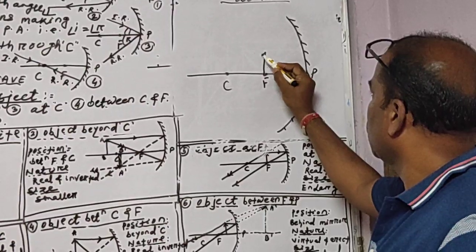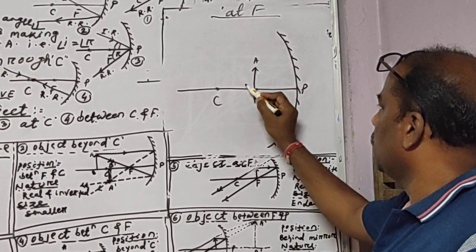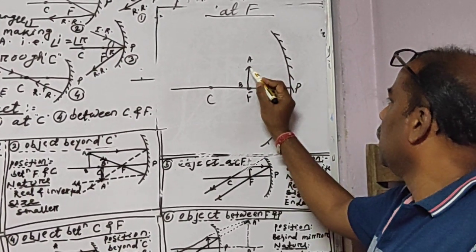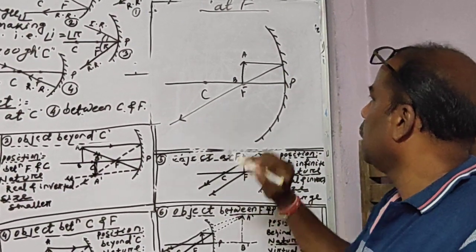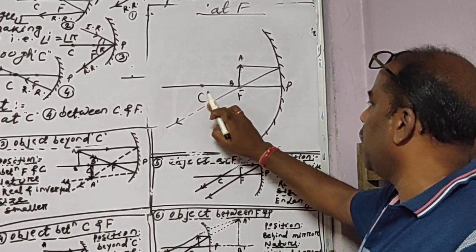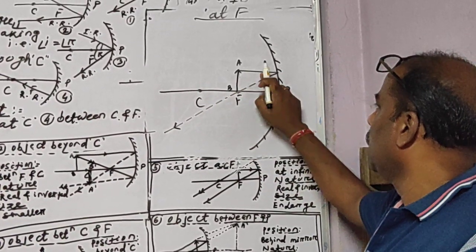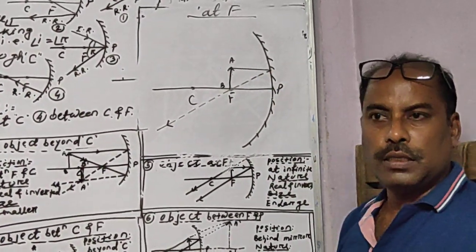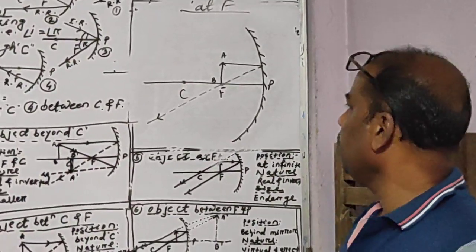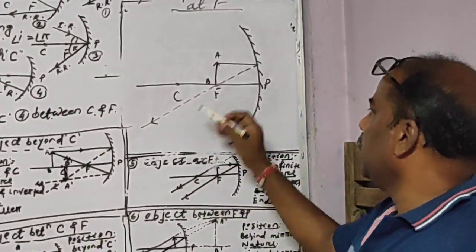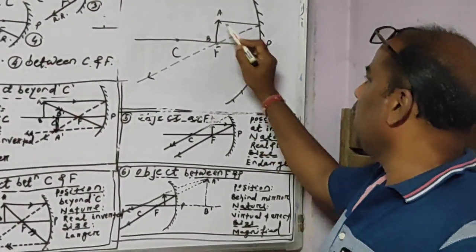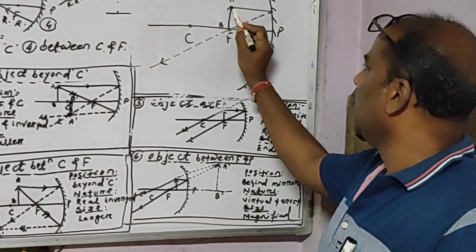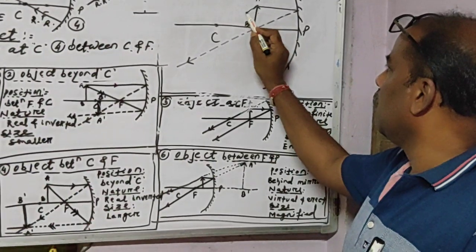AB as per our naming system, AB. Now parallel, it will pass through the F. Incident ray as it is, reflected ray, I have shown by dot mark so that it can be distinguished properly, incident and reflected ray. Now another ray you can take through the P, because F is already occupied, so you can take through the P or through the C. If I am taking through the C, you will see,